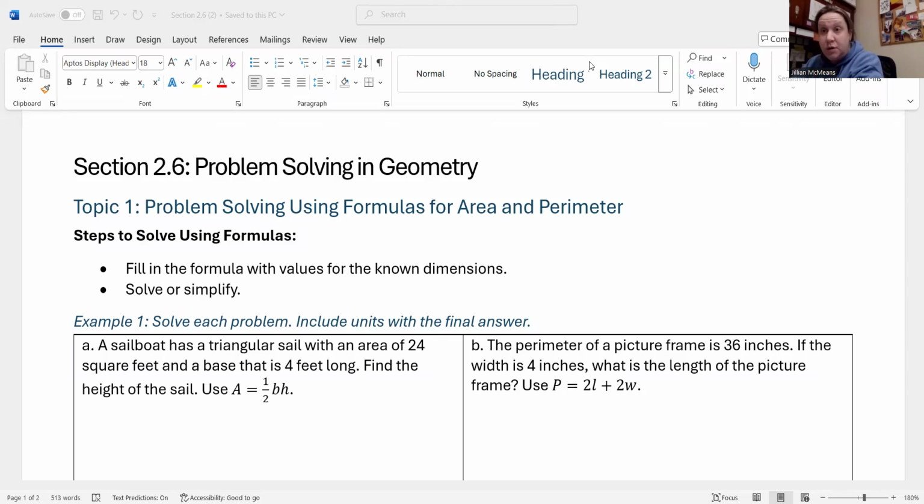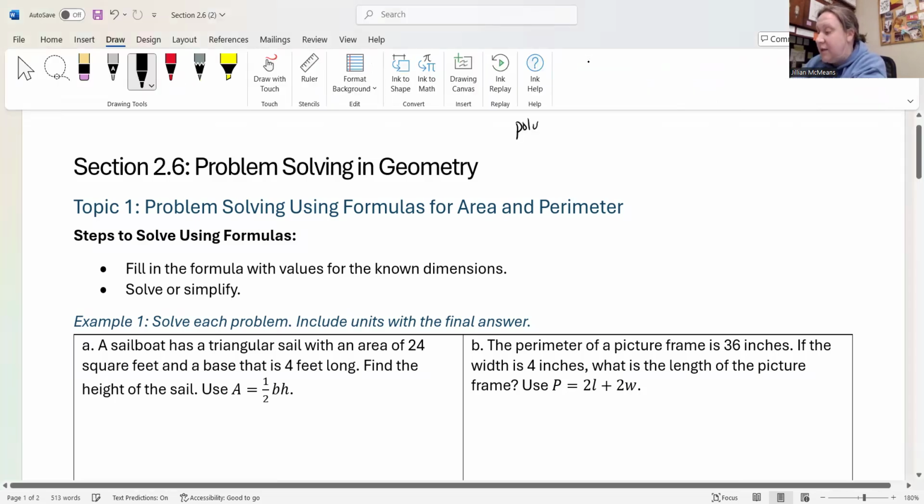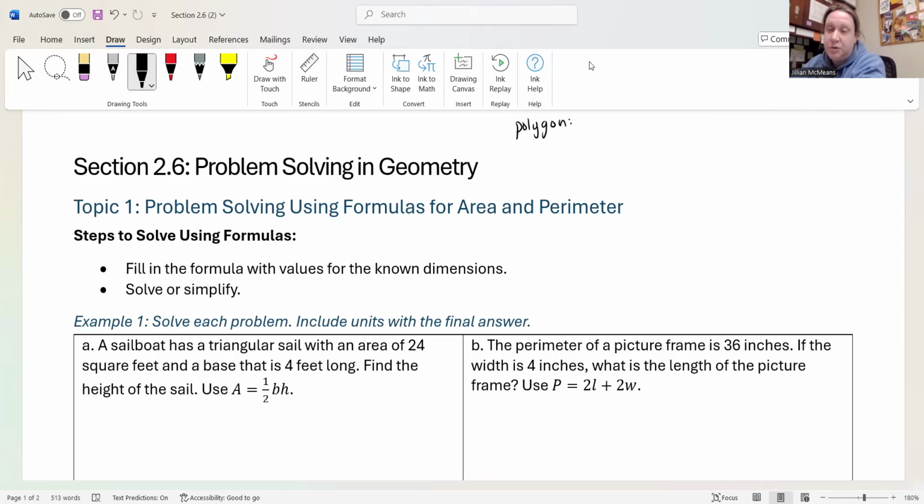With that said, I do want to remind you of a few things. There are a couple of definitions that you're going to need to know going into topic one. So topic one is problem solving using formulas for area and perimeter. The first definition I want to remind you of is that of a polygon. All right, when you're dealing with area and perimeter, oftentimes we'll talk about something called a polygon, and that is just a flat, enclosed